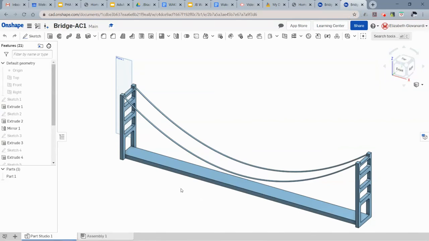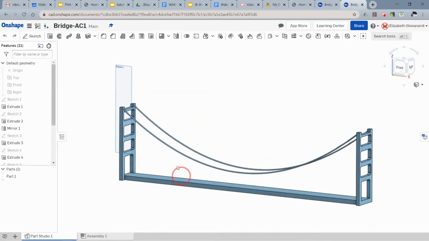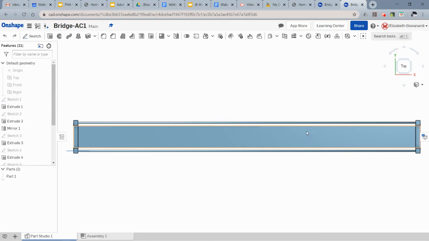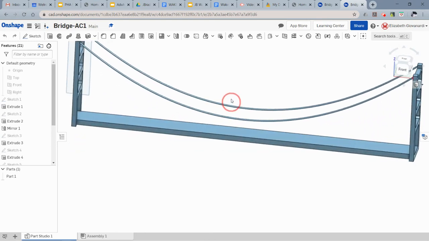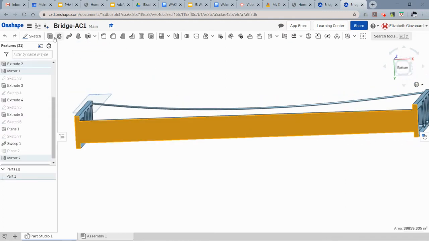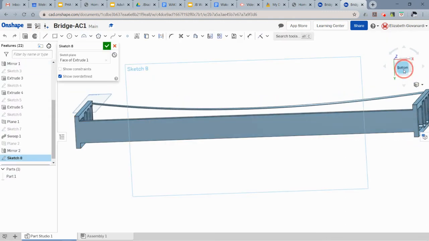Okay, so this is the follow-on video showing you how to add the vertical suspender parts to your bridge. The one thing I noticed if you do a top-down view, your cables are hanging out in space, so there's not a road platform or support structure under there. I would think you want something down there, so I'm just going to create a sketch out here so that you have something